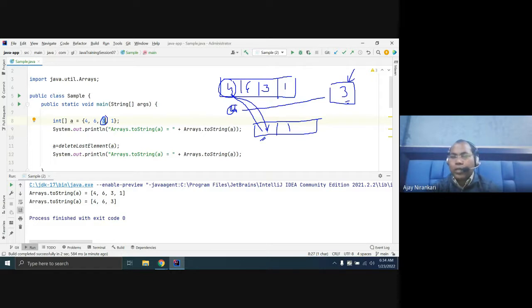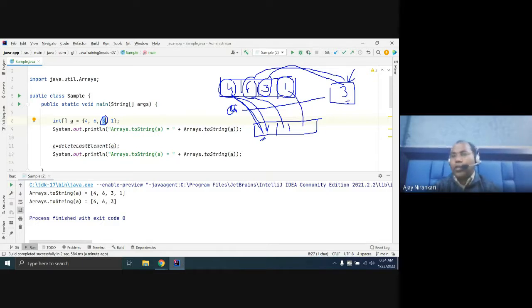If not matched, just copy it. Next element 6, is it matched with 3? No, just copy it. Now next element 3 matches with 3. Yes, this 3 matches, so don't copy here. So what you do? Just go to the next. Next you come here and copy here.